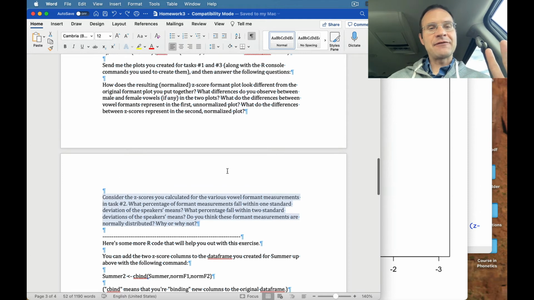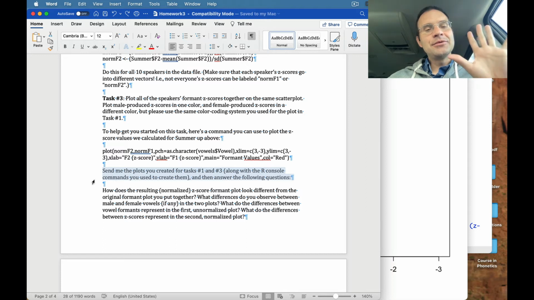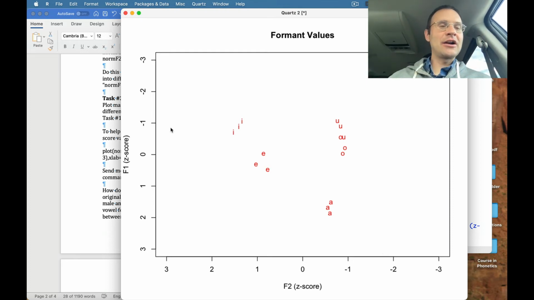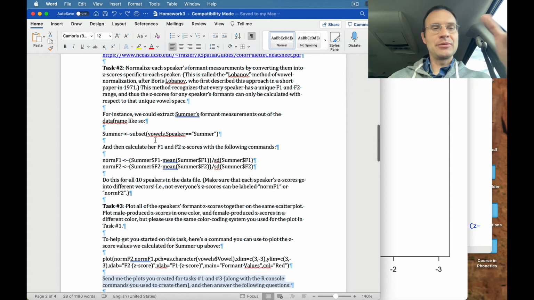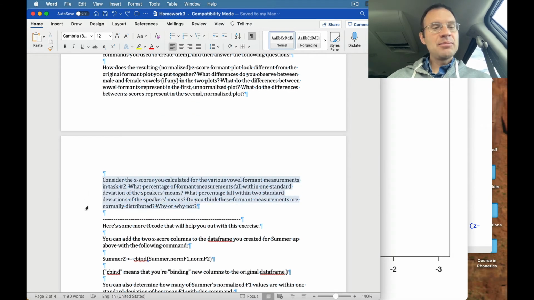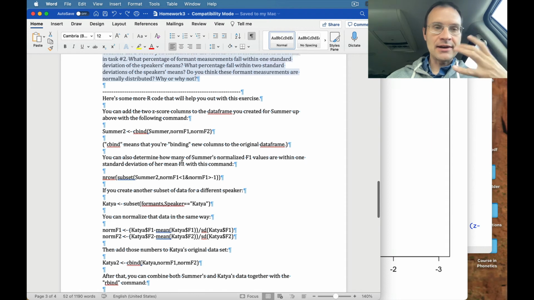I'm going to pause on that for a second and just make really clear: you're going to create 2 different graphic plots, 2 different formant plots. One where things are plotted in acoustic hertz on both dimensions, and the other where they're just plotted in z-scores. That's kind of the primary task you're doing here. To get to the second one, though, you're going to need to do this normalization process in task number 2. And then once you get those two plots, you're going to answer these questions. You can answer these questions before you even get to the plots, though, because it's just about the data that you have. So let me walk you through these other R instructions just to help